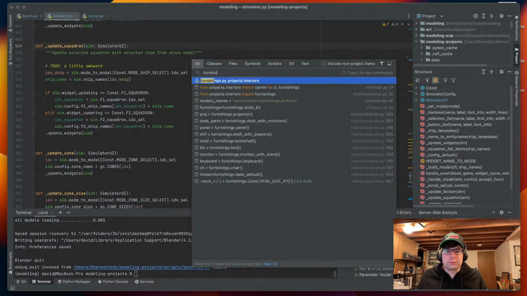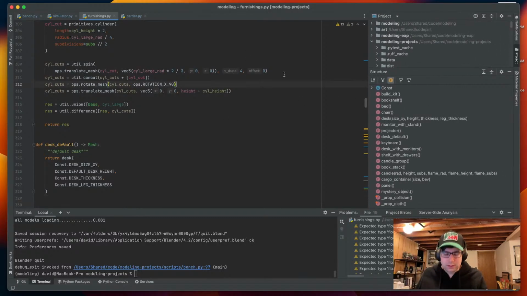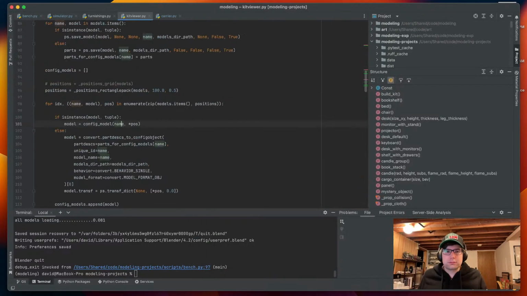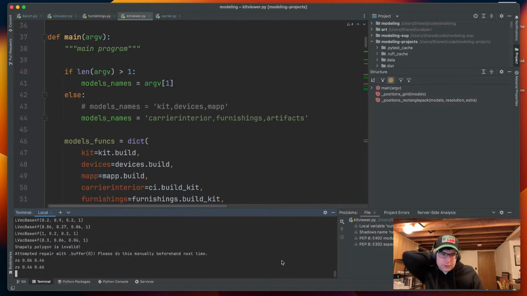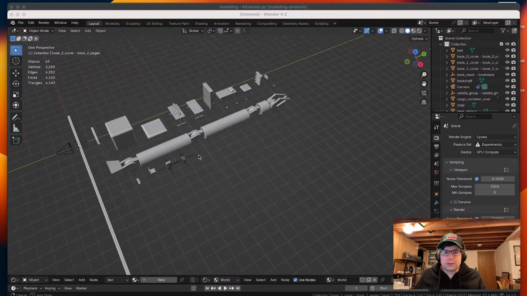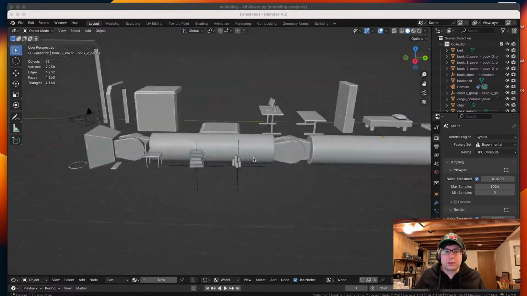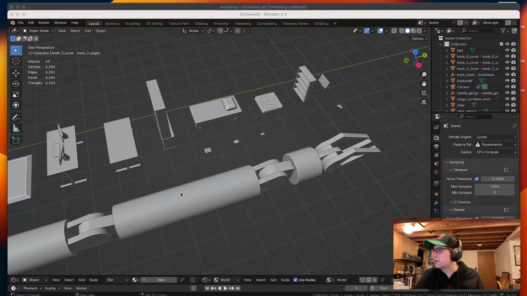Probably do some new stuff here in furnishings, and I have a kit viewer here as well, so as we build different components, we can easily view them all together in a nice Blender scene for debugging purposes. I implemented some